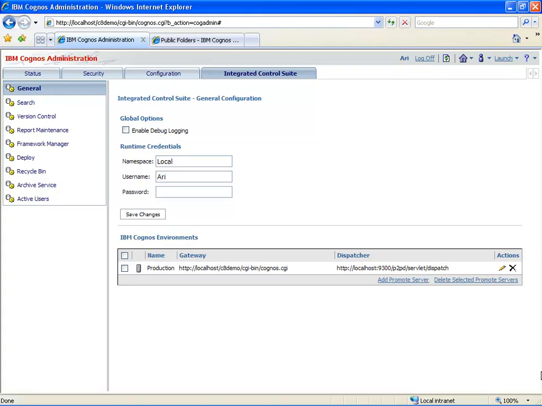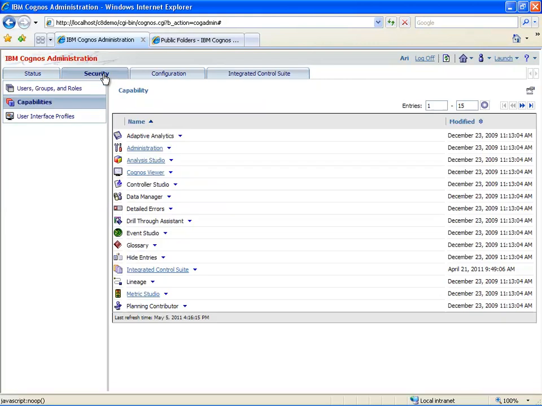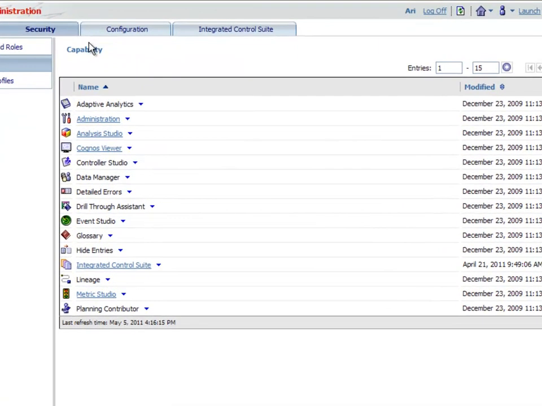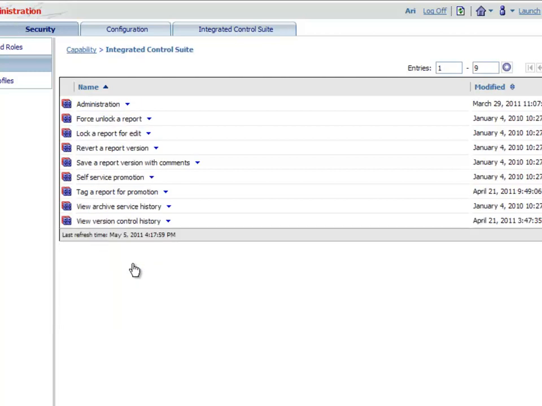Training videos, such as this one, are located on each tab to describe the functionality for that tab. Before going through the General tab, let's head over to the Security tab. The Integrated Control Suite embeds security capabilities directly into the IBM Cognos Security Console. Beneath the Integrated Control Suite capability is a list of features that can be configured and secured in the Integrated